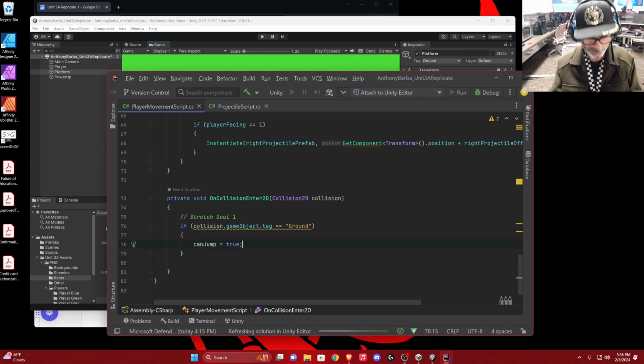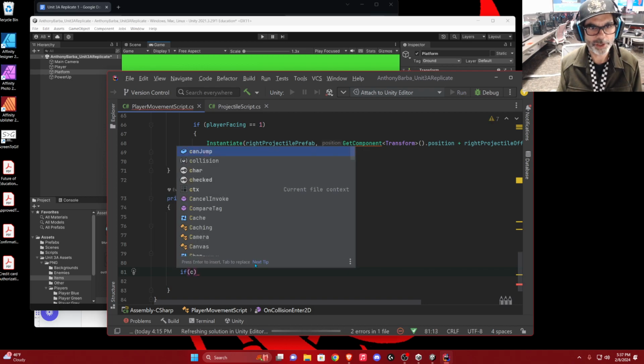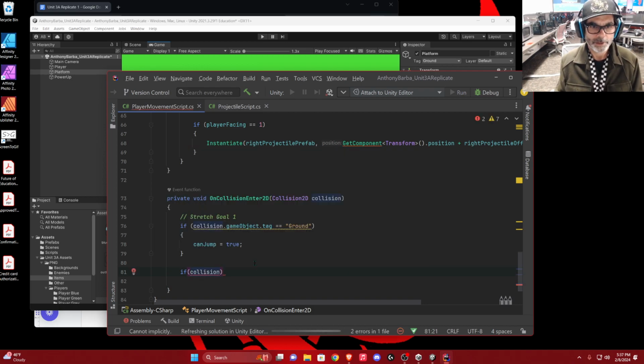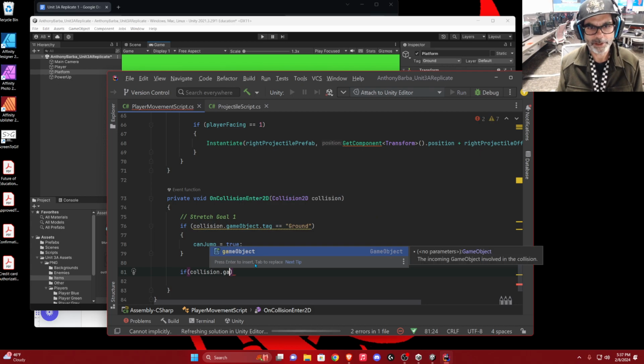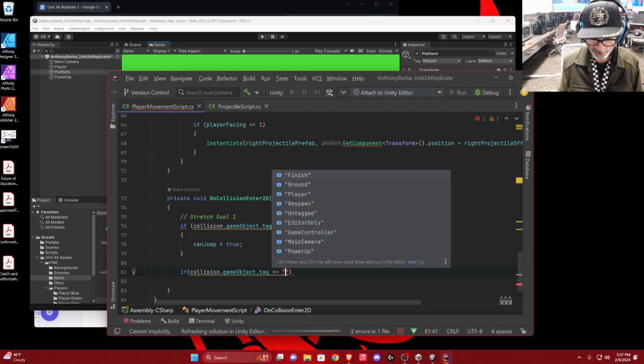So we'll control X that, control V it there. And then if collision dot game object dot tag is equal to power up,